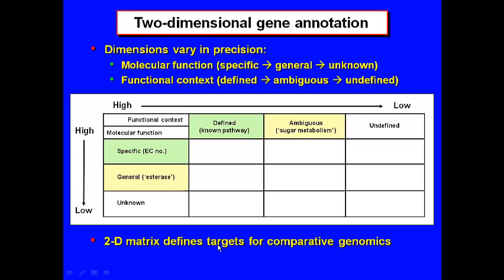Now, in that matrix, which square or squares contain genes of truly known function, green, green? That's the only place where you really know that the function is true, because it's a specific EC number and it fits in a pathway which is present in the organism. The context is sensible. So that and only that is your known gene. Now, in this case, you have an esterase that's associated with a defined pathway. Well, maybe this is a missing step in that pathway.